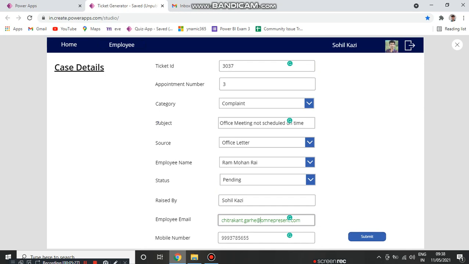I'm just going to click, and this data will be updated in my data source, and I'll show how I get the ticket number on my mail ID. So I'm just going to submit.